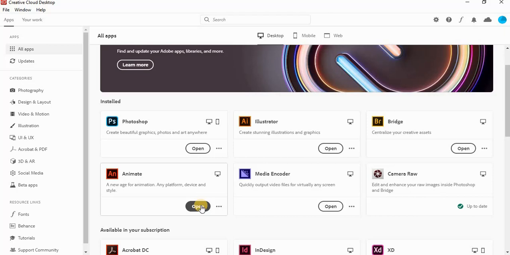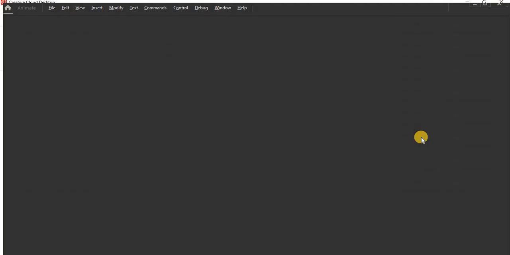So it is taking time. So it depends upon your system, so sometimes less time, sometimes more time is taken to load Adobe Animate. So by the time it loads,